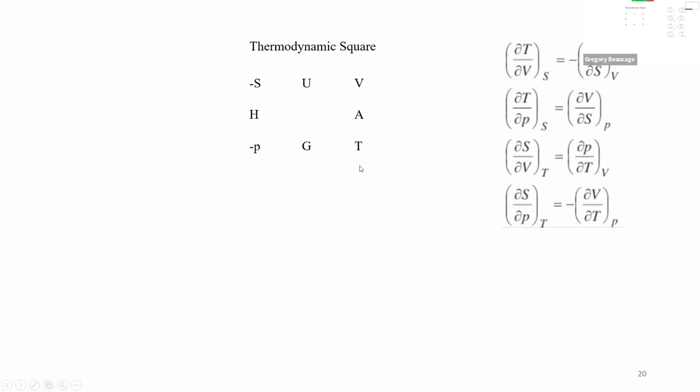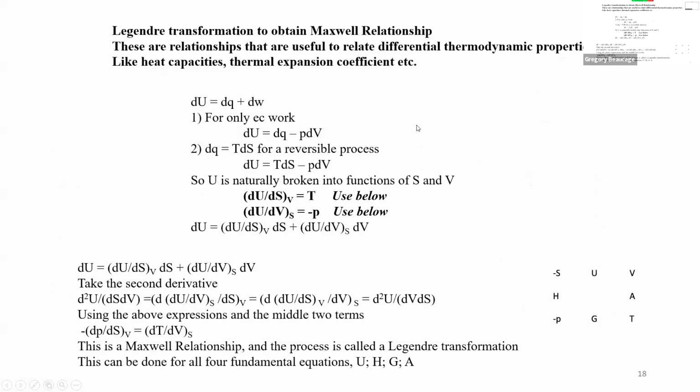Like dV/dT at constant P is going to be the same as dS/dP at constant T, right? And there's a change in sign because the S has a negative, so it's minus. Right, so it's four corners. You have four Maxwell equations that relate those. Where those come from is this kind of math trick called the Legendre